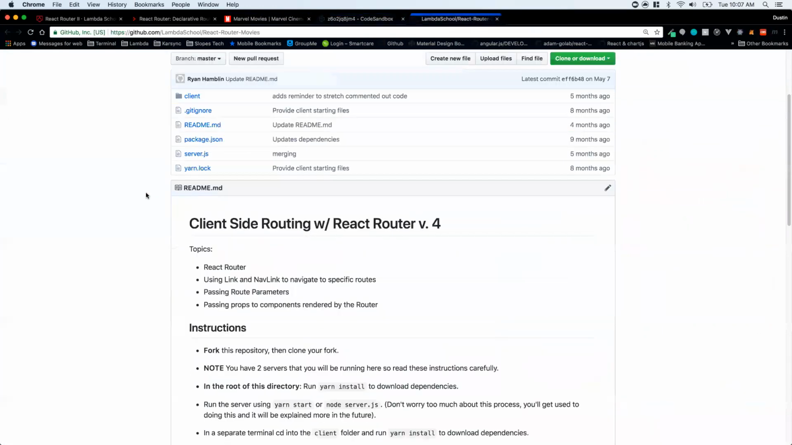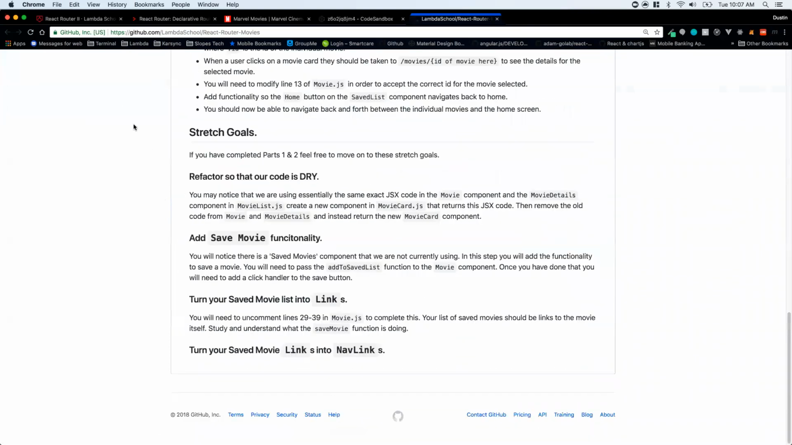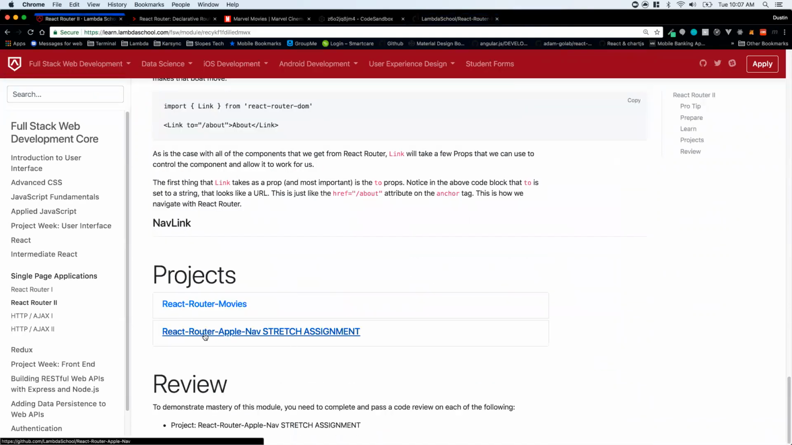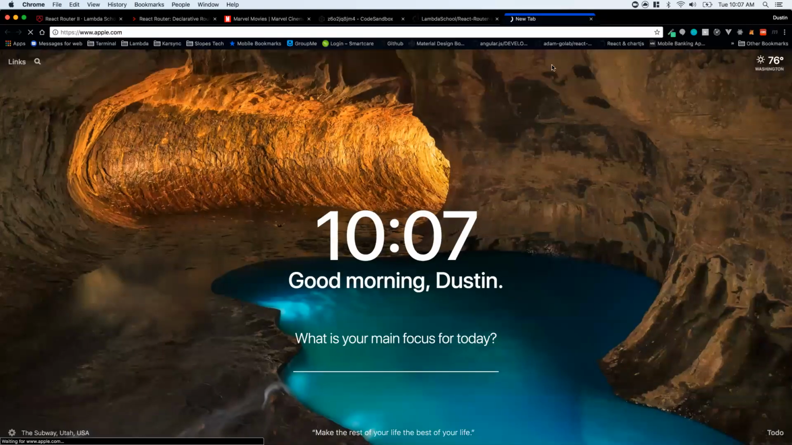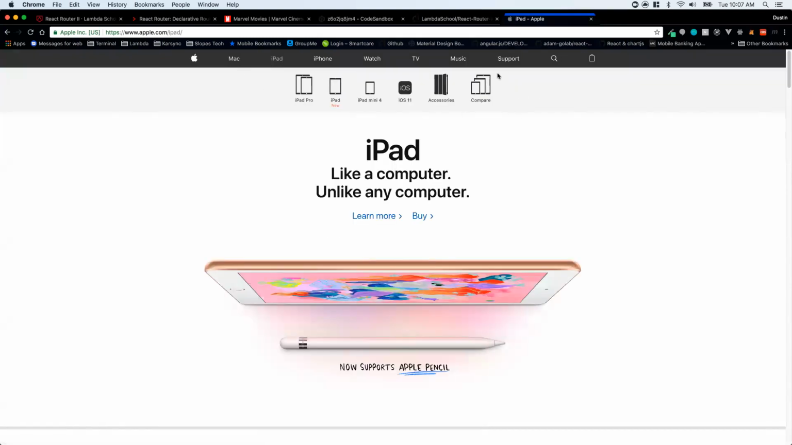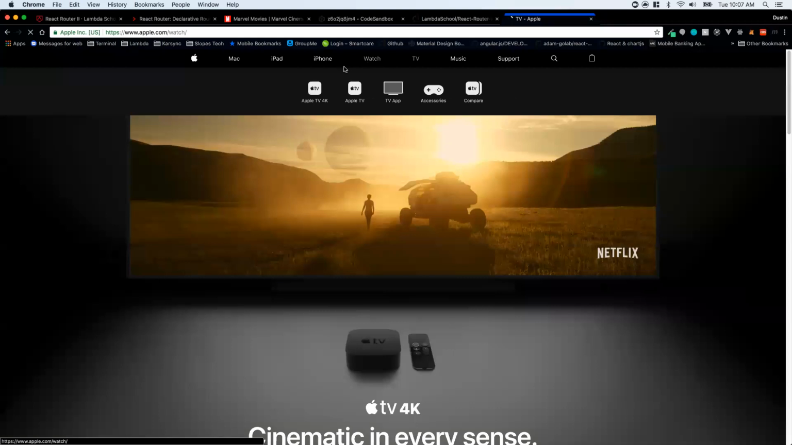The project for today is going to be React Router Movies. And if you finish that, then your stretch assignment today is React Router Apple Nav stretch assignment, which is just recreating the apple.com navigation bar up here. And it's a nested navigation bar. So when you click on the different items in this nav bar, we want to see the different items come up in the